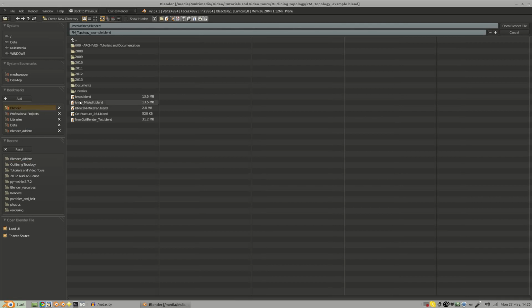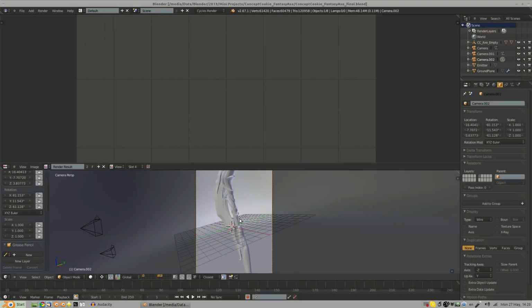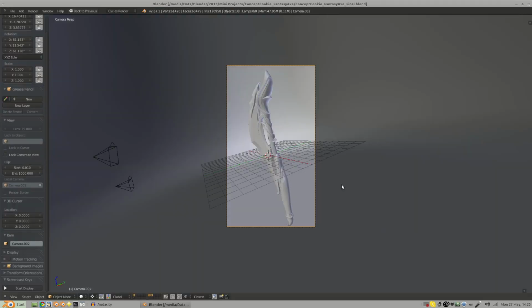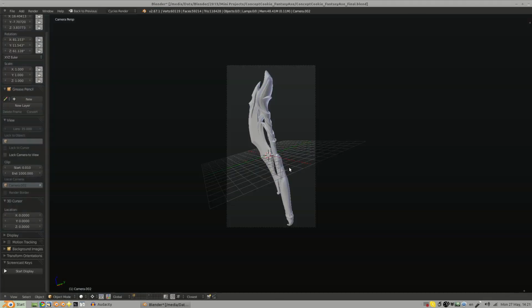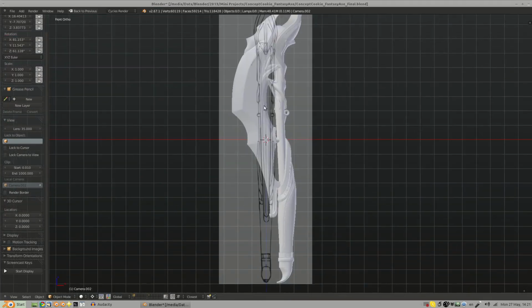Got it somewhere. It's in 2013. There we go, the concept cookie fantasy axe. So I'll just switch over, make this full screen, switch this over to layer 1, and let's look at this